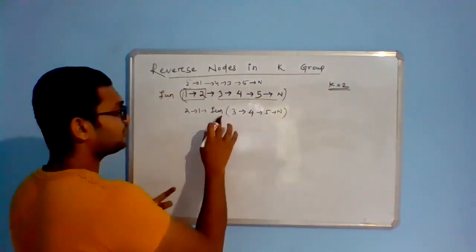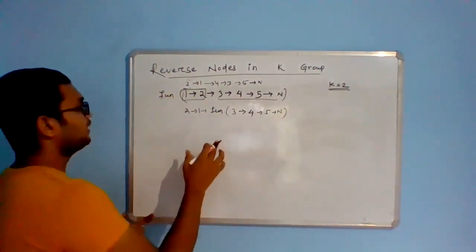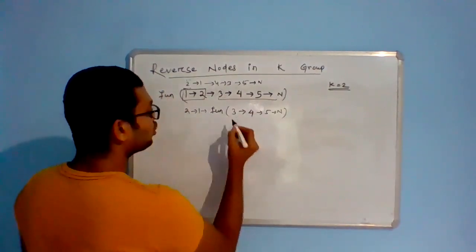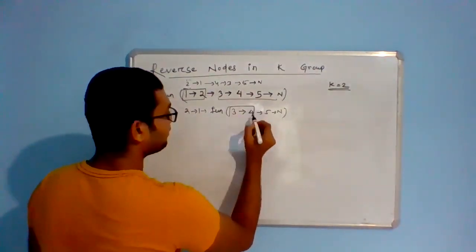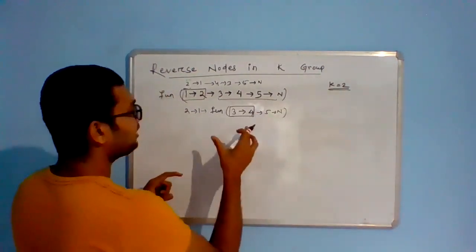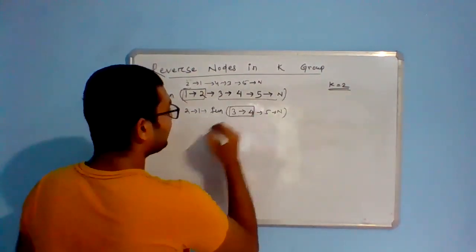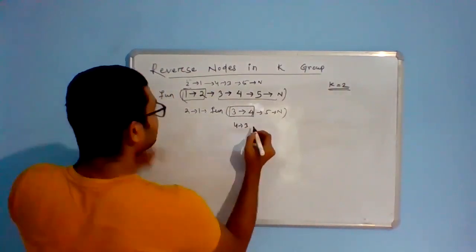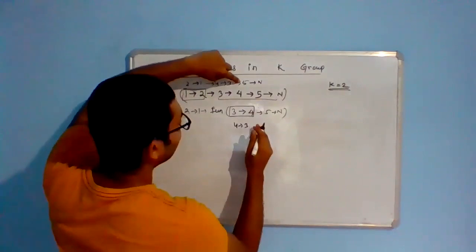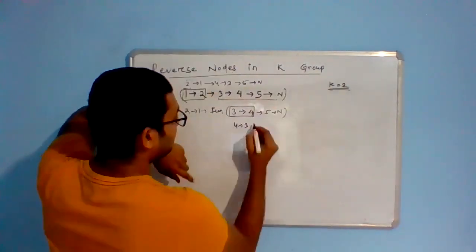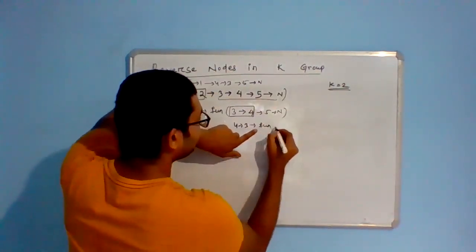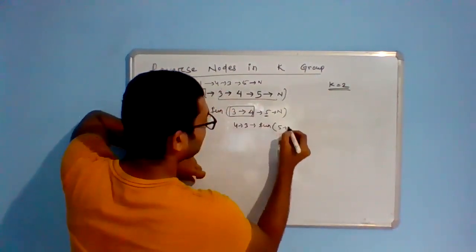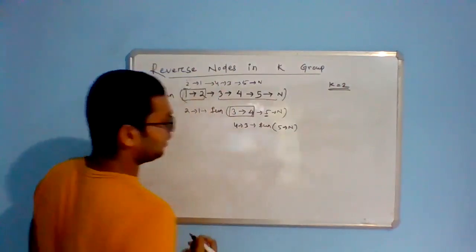Now since it is the same function, it will do the same task as we were doing right here in this particular state. So we'll pick the very first k-size sublist and try to reverse it. If I reverse it, it will look like 4 then 3, isn't it? Now for its next, I want the head of the next k-size sublist. So I will call the same function and pass the reference to 5. Now the list is basically 5 then null, isn't it?